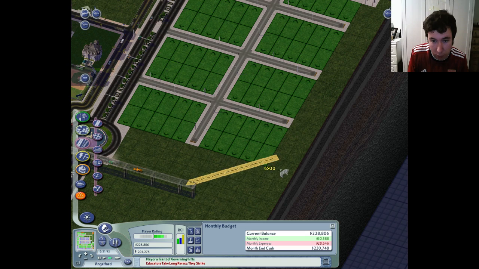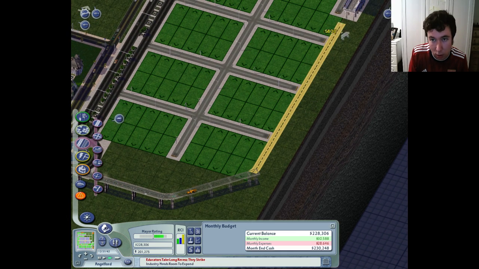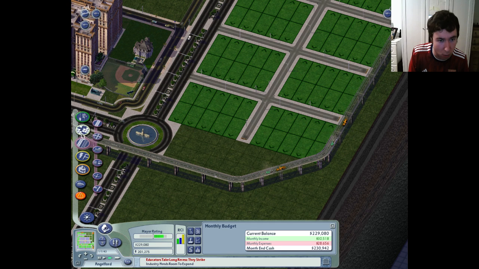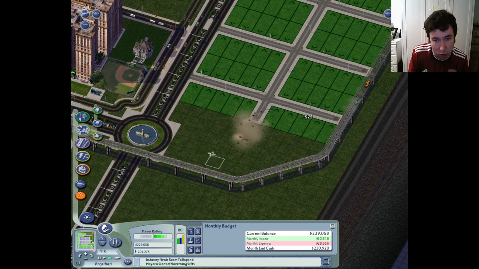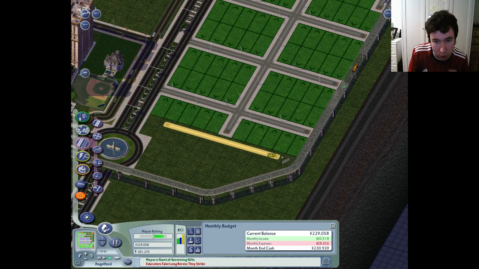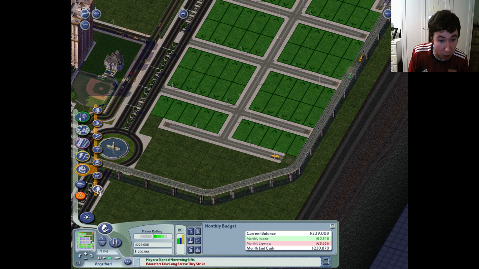So if I curve that all the way in there like that, and then do that, excellent. Oh crap. That hasn't worked out the way I wanted it to, so we dezone that. Let's get a street just running along the back there, and we'll put in some...